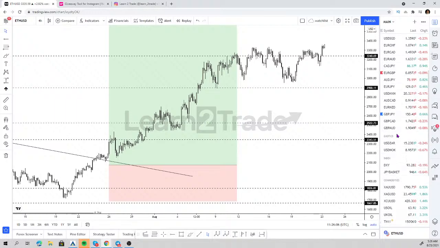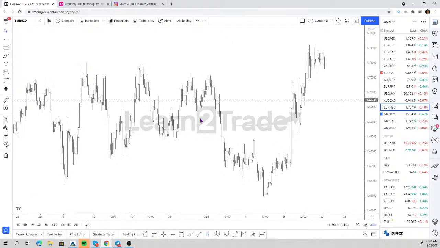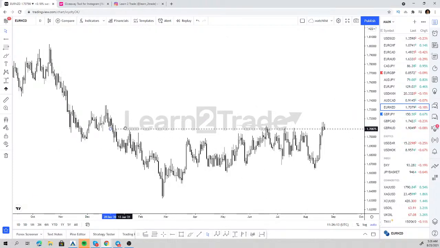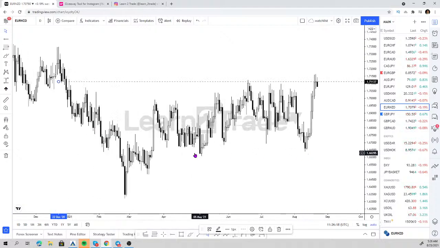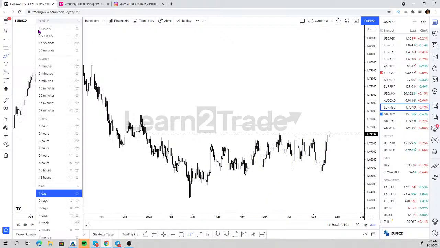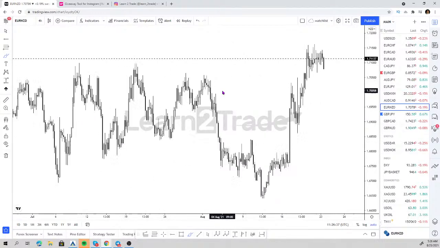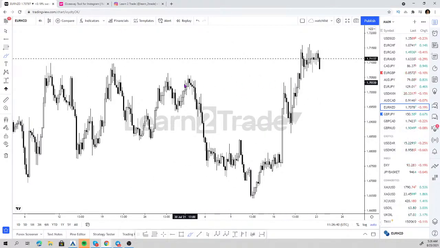Euro USD. All right. Let's finish up by looking at the Euro New Zealand dollar. On the daily, the Euro NZD, I mean, I hate this market with all my guts. But you know, the daily looks bearish. I don't trade the New Zealand dollar. This is just a market that I don't like. Why? Just have a look at how choppy this market is. Why would you want to trade this? I don't know. Beats me. But let's have a look. Looks bearish. That's the only thing I can say.